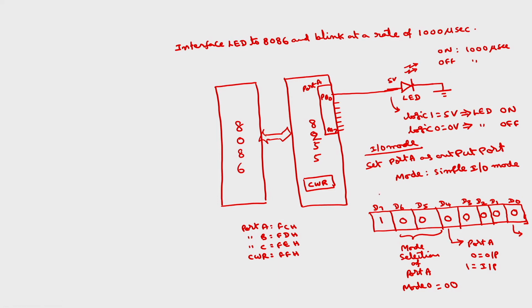So what is the control word now? This is 8 and this is 0, so 80 hexadecimal. If I place this 80H into the control word register, according to this control word format, this will set all the ports as output ports in mode 0 and in IO mode. Okay. So this is the first step. We have to find out what control word register value is required. Then you can write the program.